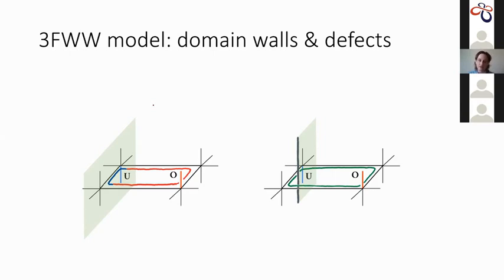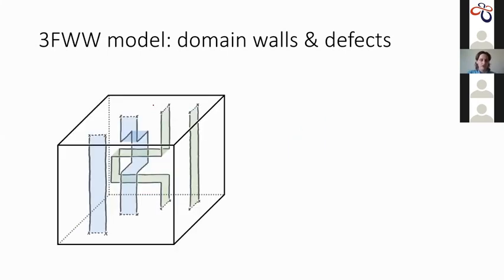So in this case, for the green defect, you're only going to have these green Hamiltonian plaquette terms on those plaquettes where it passes through, and you won't have the red or blue ones, which gives you some sort of degeneracy associated to the defect. Okay, so with that described, in principle, I've told you how you can put these defects and domain walls into